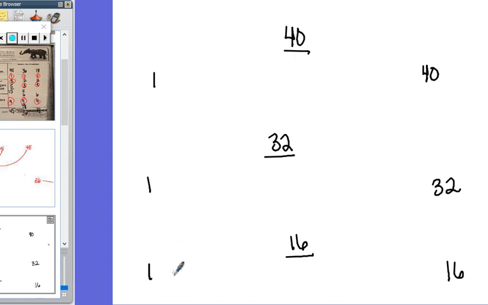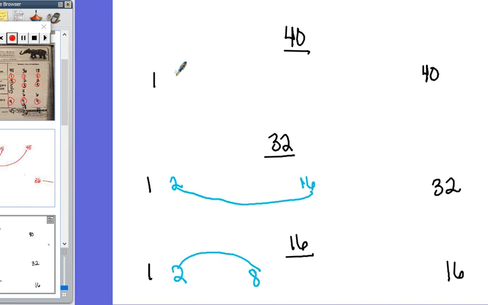2 times 8 is 16, so I'm going to put an 8 in here. Okay, then for 32, I'm going to put 2 times 16 is 32. So I'm also going to be drawing those lines. So 2 times 8 is 16, 2 times 16 is 32, and then for 40, 2 can